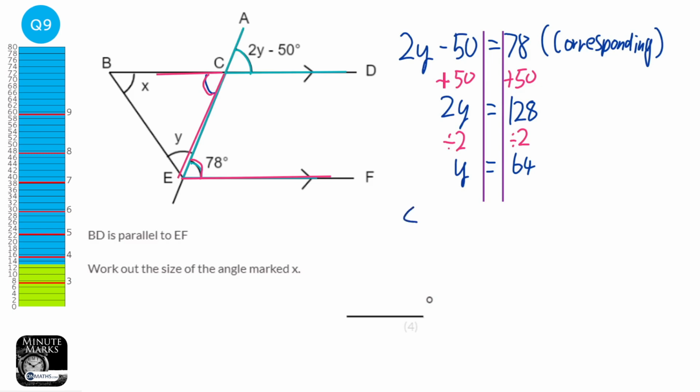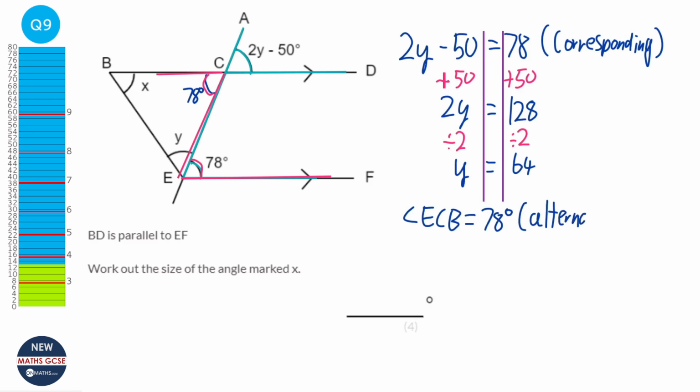So angle ECB is equal to 78 degrees. So this will be 78 degrees. And the reason for that is alternate angles. And then finally, if we know this is 78 and we know that this is 64, because we know what y is,